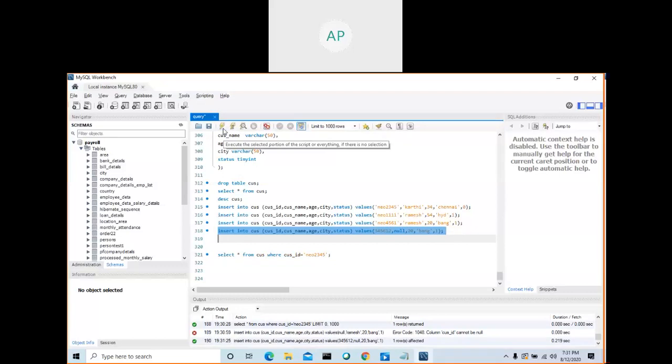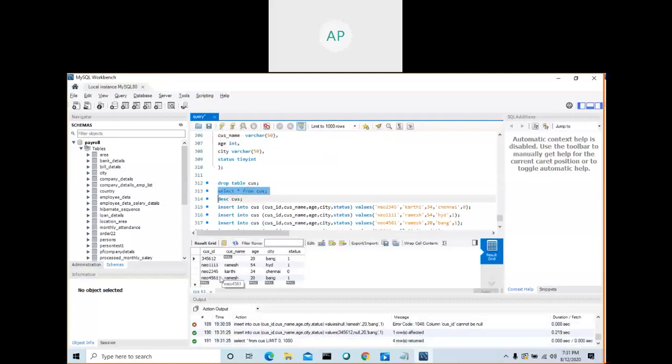Yeah, see here, it accepted null. Can a name be null in a bank database? You entered one record where the name is null, no name. How can you create a customer in a bank like this?